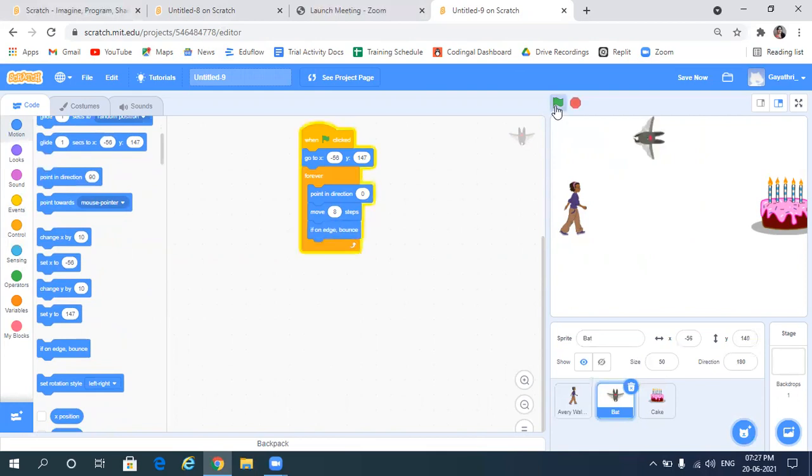Let me execute and check. If on edge, bounce.